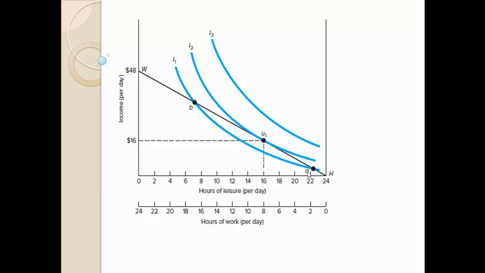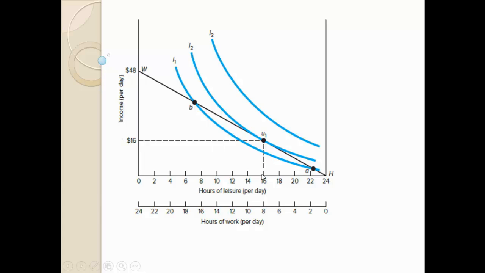So the question arises whether the labor will stay at point A or point B. The answer is no. He will not stay at A or B because he can go to another accessible indifference curve I2, which is tangent to the WH budget line at U1. So he will be in equilibrium at point U1, and he will be enjoying the situation because he will be